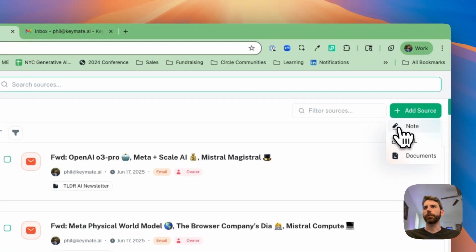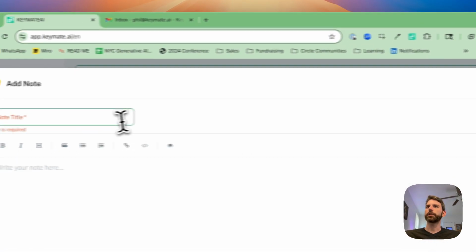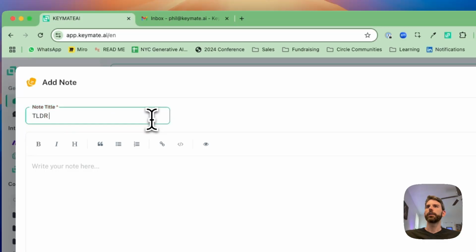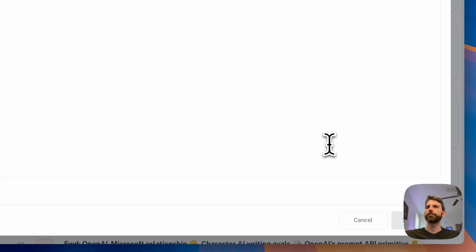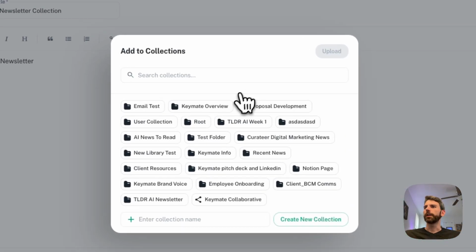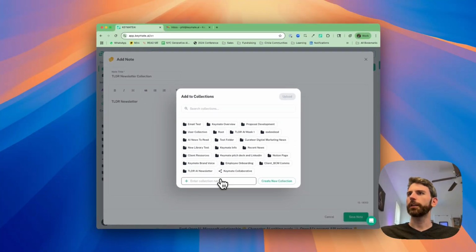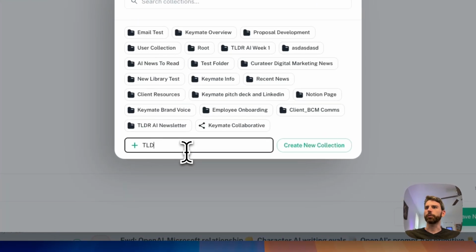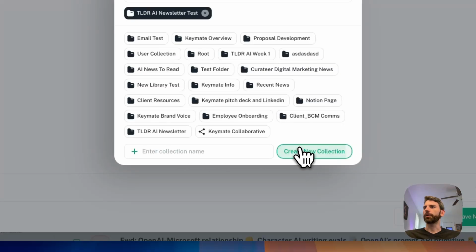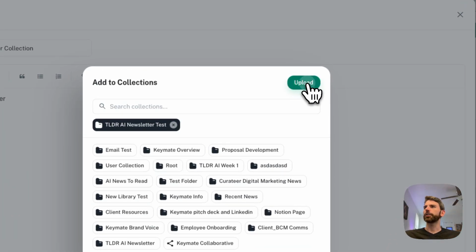Since I know I'm creating this collection mainly for email linking, I'm just going to set a note that says newsletter collection, since this note is basically a placeholder for me to build out that collection. All right, save note. It's basically my process for tagging. I already have that TLDR AI newsletter, so I'll just create this one as TLDR newsletter test, just so you can see the process, creating that new collection, uploading,